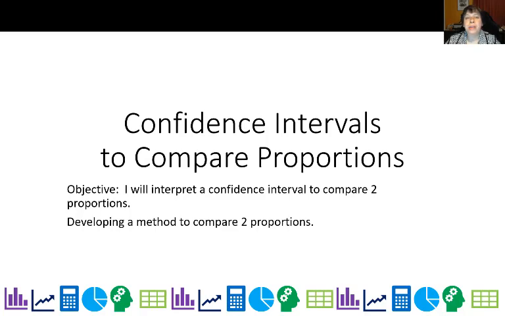We're going to go ahead and look at comparing two proportions. And one of the ways we can compare them is by creating a confidence interval. But before we do that, develop the method to do that, we're going to go ahead and look at a